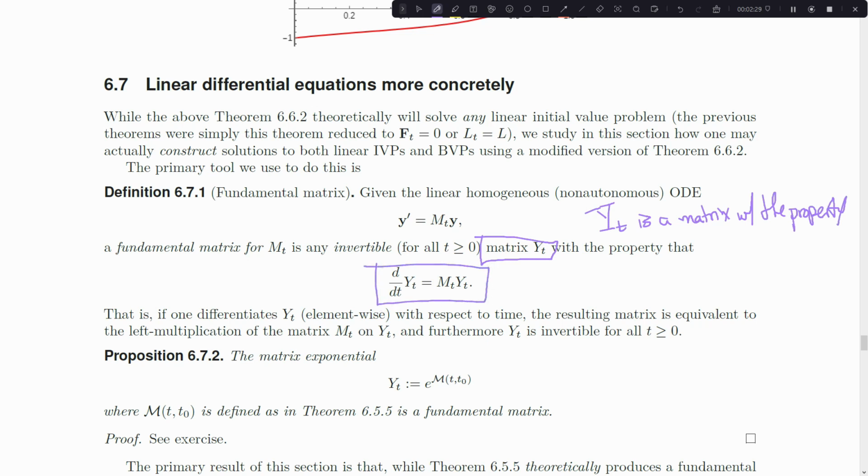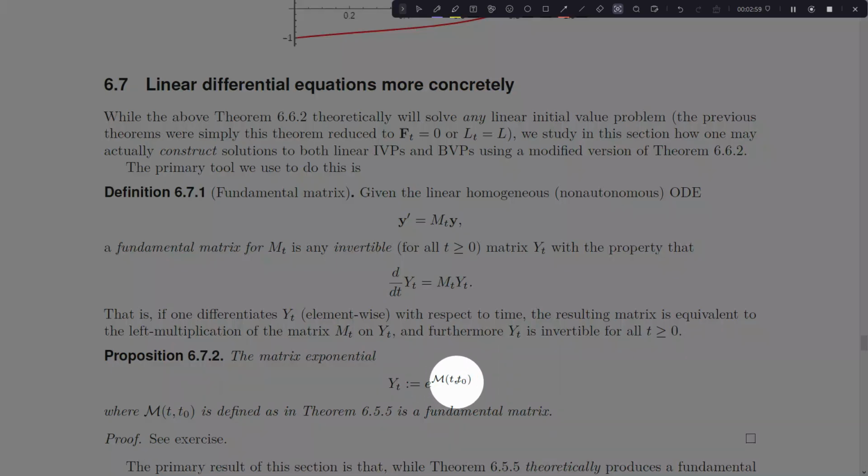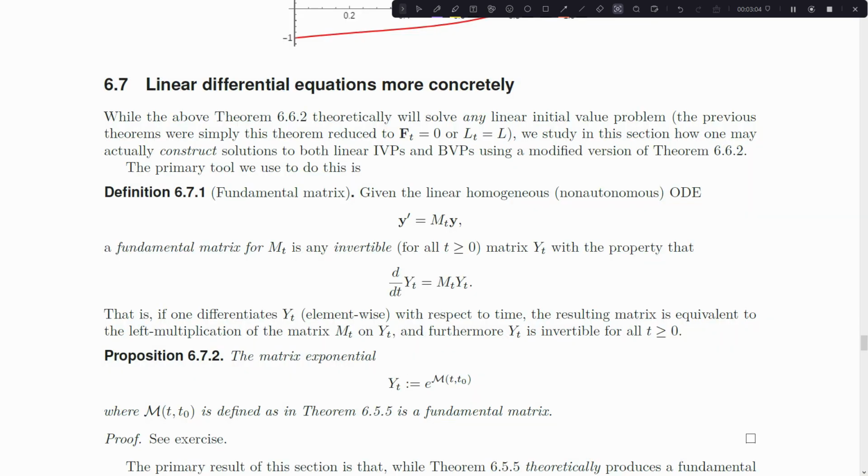if I take a derivative of every entry of the matrix, that's how we would interpret d/dt of Y(t), it ends up being equivalent to acting with the matrix I care about, M sub t, on my matrix. In some sense, I'm factoring out an M sub t from the matrix. And that's called a fundamental matrix. And it turns out that this matrix exponential that I was computing with the Magnus expansion is in fact a fundamental matrix. But now we're going to ask ourselves a question: